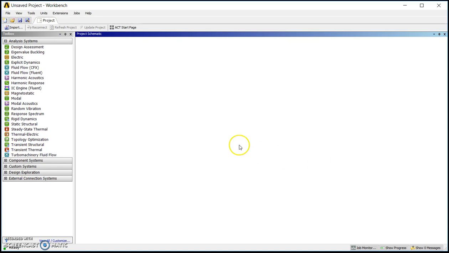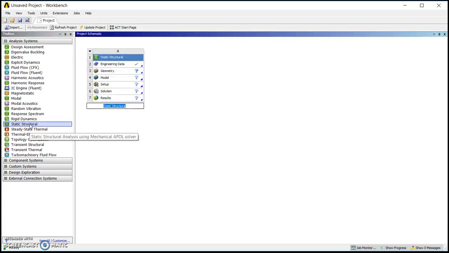Anyway, this is the Workbench project screen. So project schematic here gives you an overview of all the components that you're modeling and fitting together within the ANSYS environment. For mechanics of materials model, the one that we're interested in is the static structural analysis system. So I'm going to double click on static structural. It will think about it for a moment and then it will drop a static structural module into my project